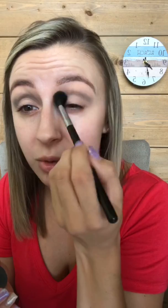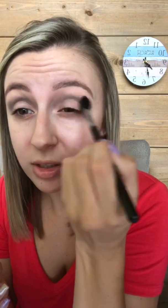You can use any color blue if you have green eyes. Don't ever let, sorry, I'm just trying to bring this up just a little bit higher. Don't ever let your eye color tell you can't wear other colors. There's obviously certain colors that's going to make your eyes pop the most, but...